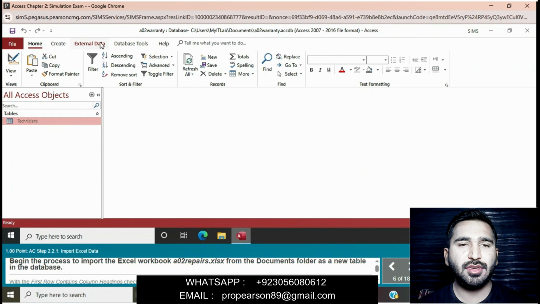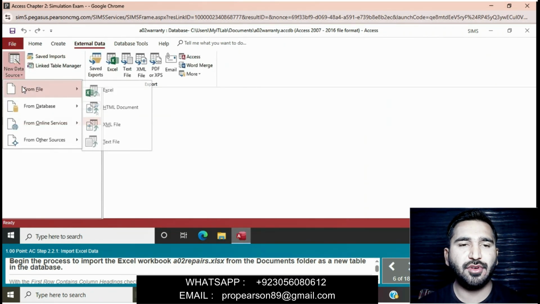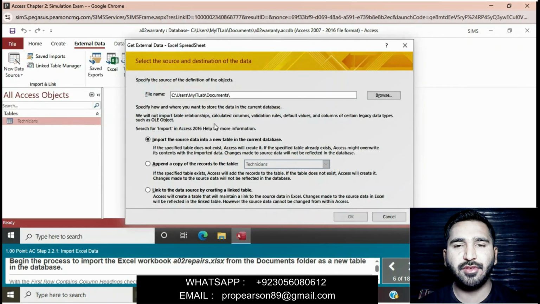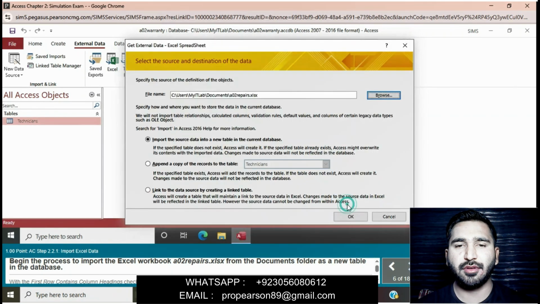Simply go to the external data, simply click on new data source and then from file, Excel file, and then we will browse the A02 repairs XLSX file and then simply click on OK, open.